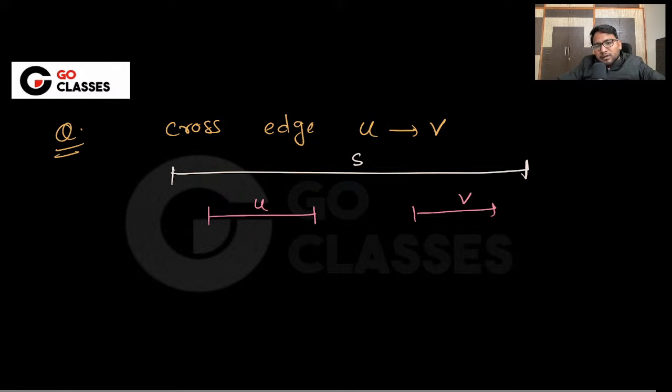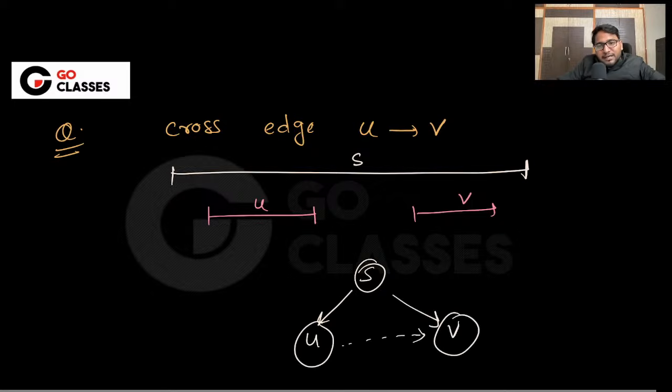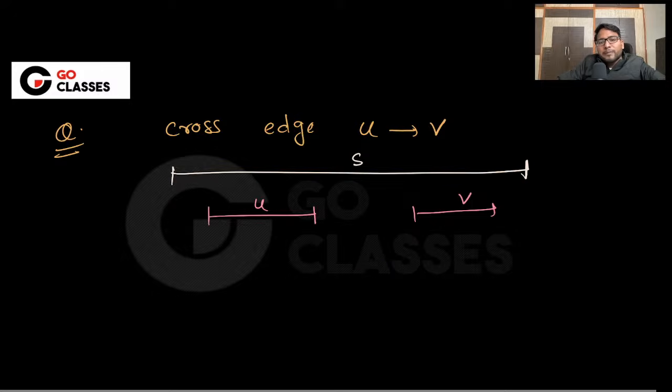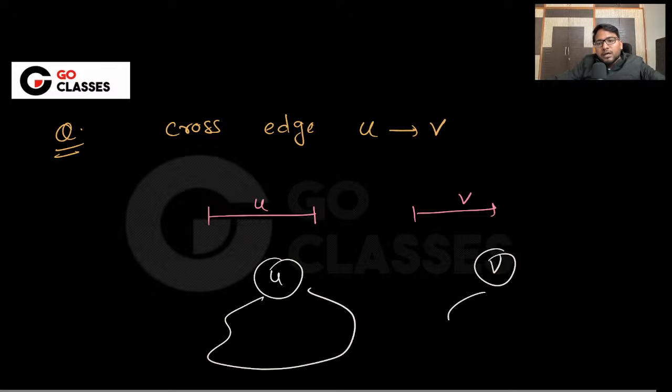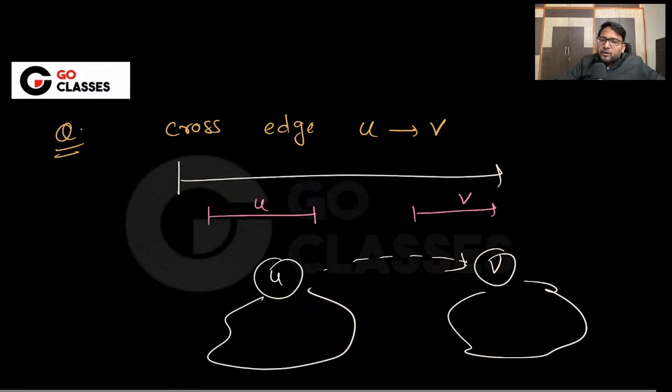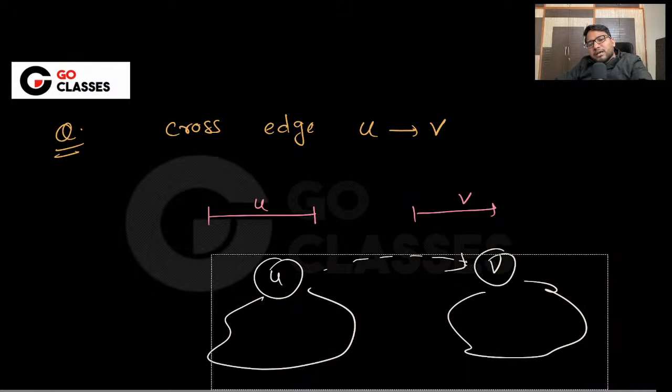Yes, that is possible. S can have U and V both, and then there is a cross edge between U and V. Is it possible that U and V are not even covered by S, which means they are completely independent? S is maybe here. Yes, that is also possible. U is having its own thing, V is having its own thing, and then maybe from U to V there is an edge, which is a cross edge. So S may be above, or may not be above. That doesn't even matter to me. So basically, if there is a cross edge, then either this happens,